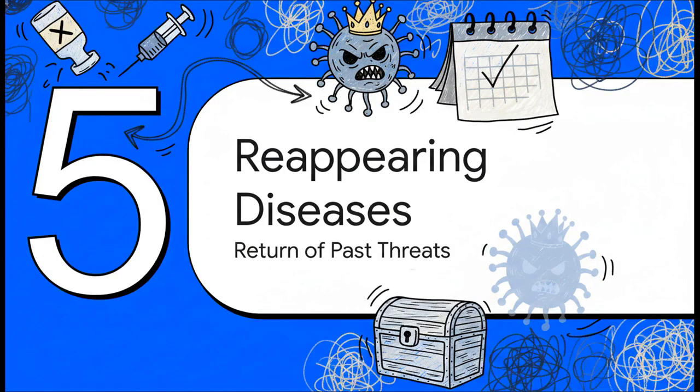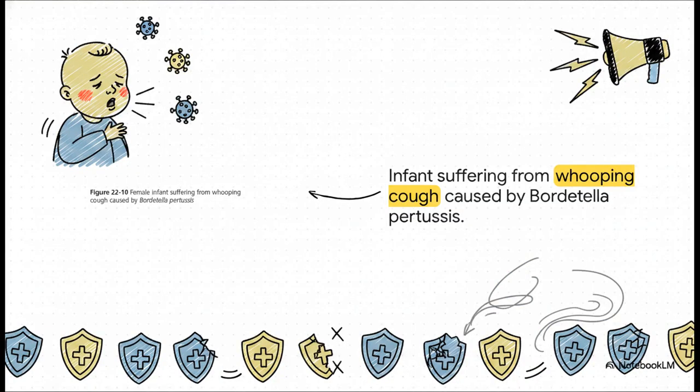Which brings us to Section 5, Reappearing Diseases and the Return of Past Threats. Because beyond the newly emerging and the constantly recurring, we also have to confront the threats we thought we had already defeated. For example, infants are once again suffering from pertussis or whooping cough, which causes severe inflammation of the